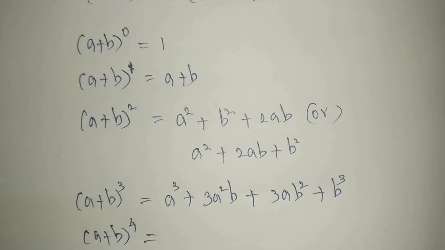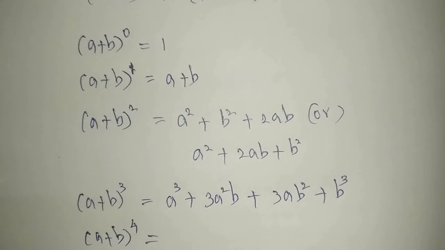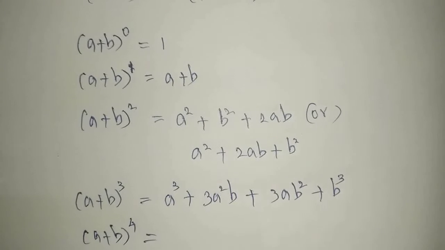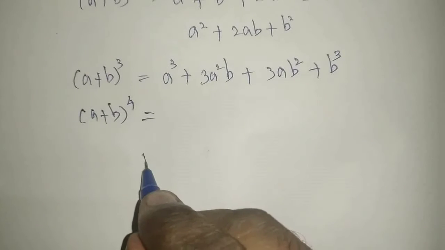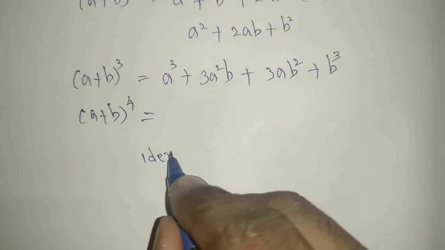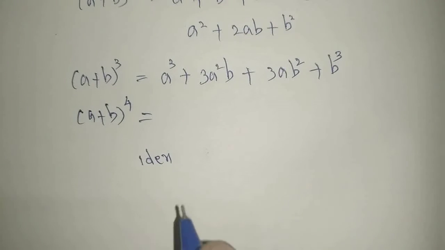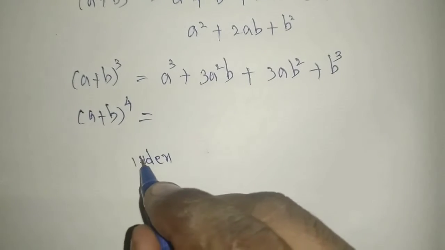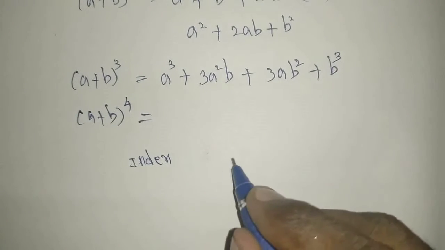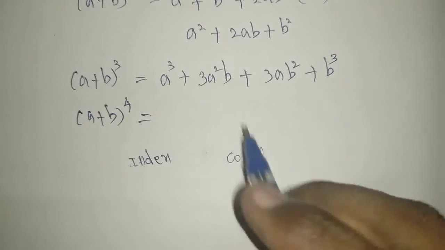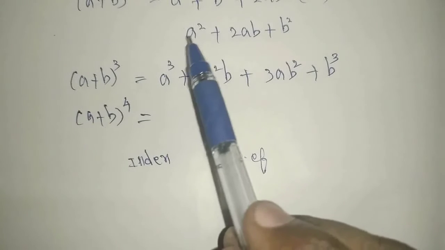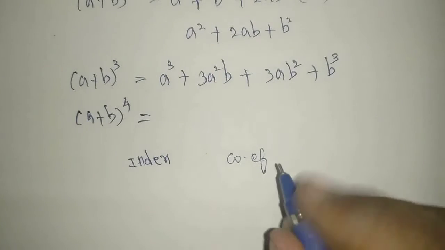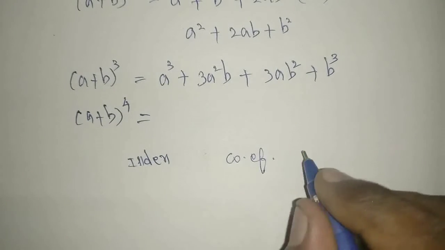So we have one shortcut that is given by Pascal, actually one of the greatest mathematicians of the 16th century. Now we will see about that. Listen carefully, one by one I will explain. First, the index means the power we are writing, and here the coefficients, like the 3 is the coefficient of b. Here we have 1, 2, 1. The coefficients we will write here.